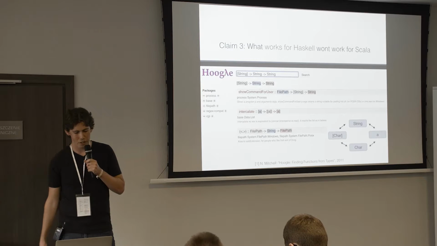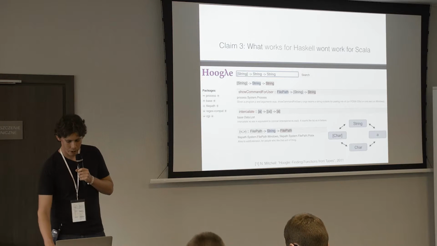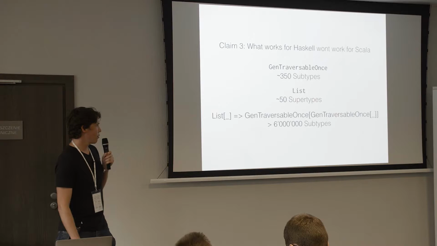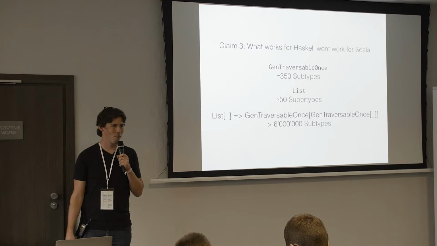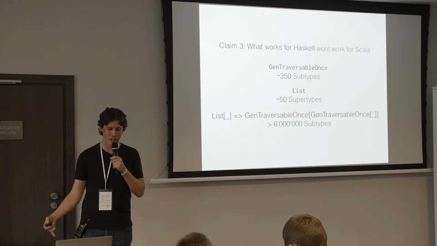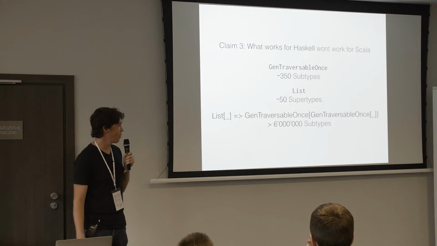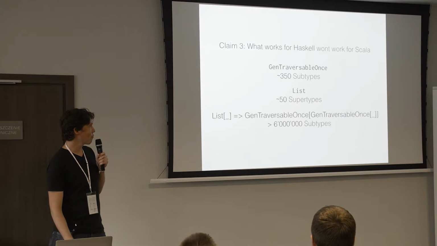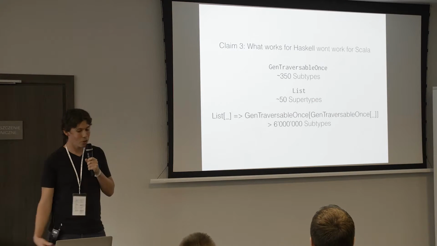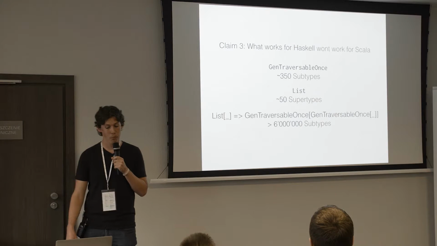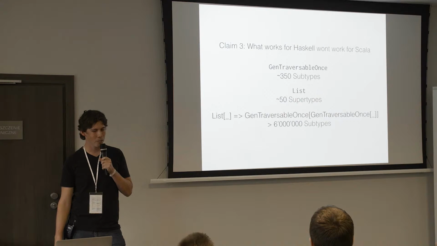But I guess this is the basic idea. The problem we have in Scala is that there are those huge inheritance hierarchies, like the collections. The most generic collection type has more than 350 subtypes. List has 50